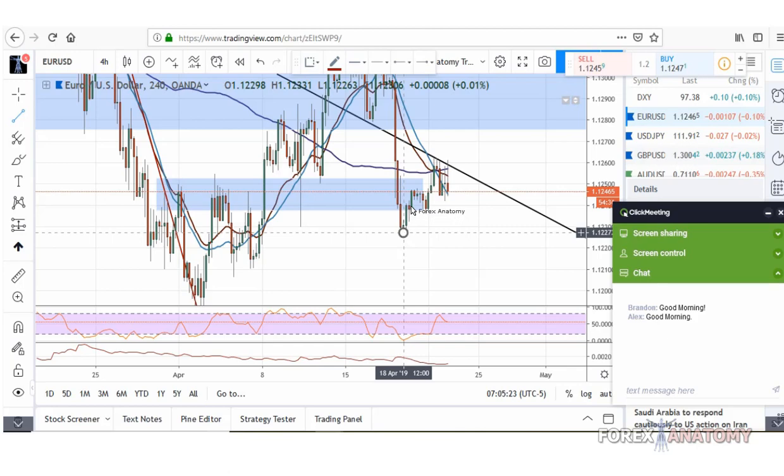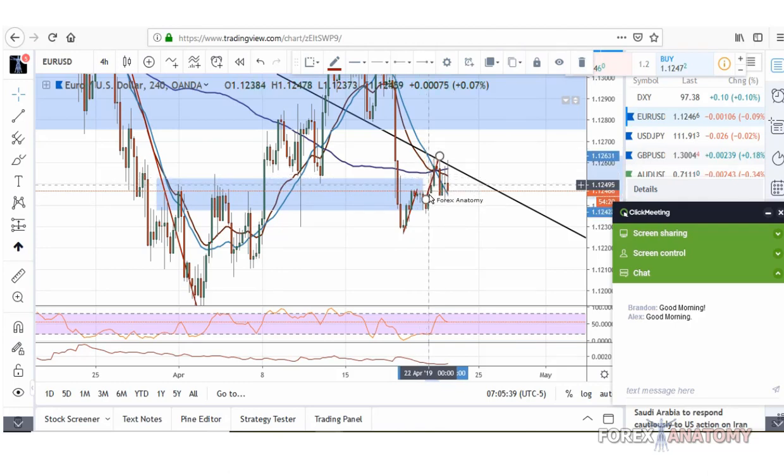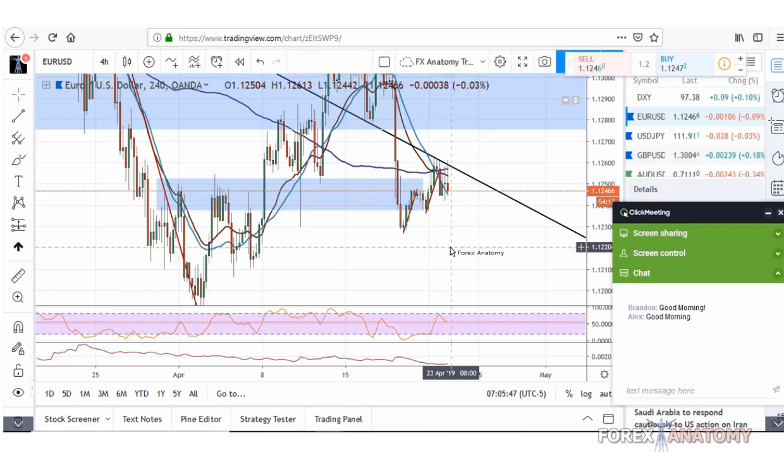So then we had this move right here, this A to B move right here. And if we clone this line right here, we can see that that move A to B is very similar to this next impulsive move right here, which is from C to D. So then this is what you would call a one-to-one measured move or a harmonic move, because it's very similar in price. So then right around here, the price encountered some sellers, and we're now seeing this push